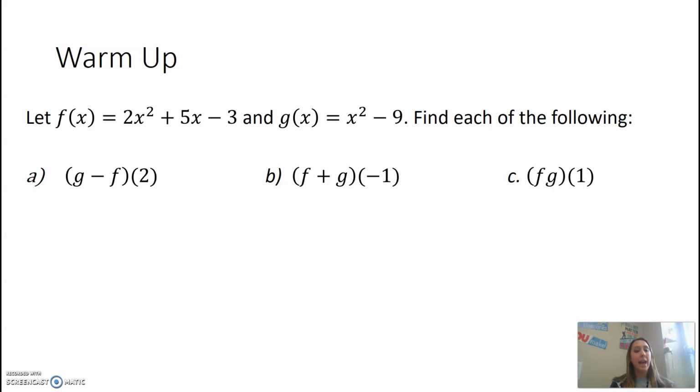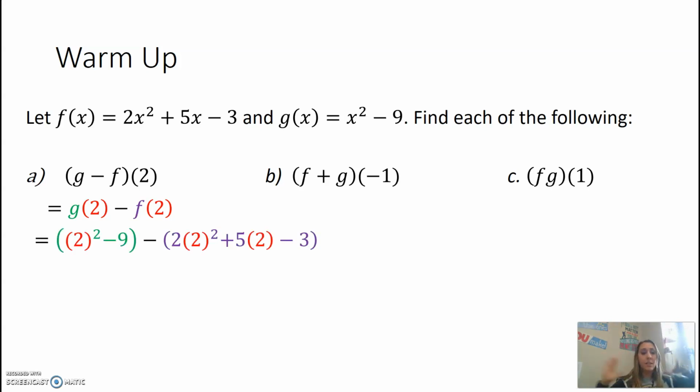I want to do A, which is G minus F of 2. So the first thing I'm going to do is plug in that 2. I'm going to find G of 2, and then I'm going to subtract that from F of 2. So we are looking at these like two different functions, because that's what they are. So my G function, my new input is 2, so everywhere I see an X, I'm going to replace that